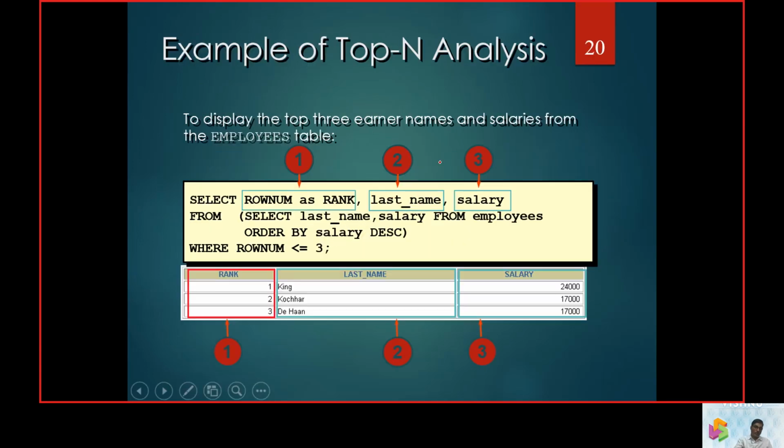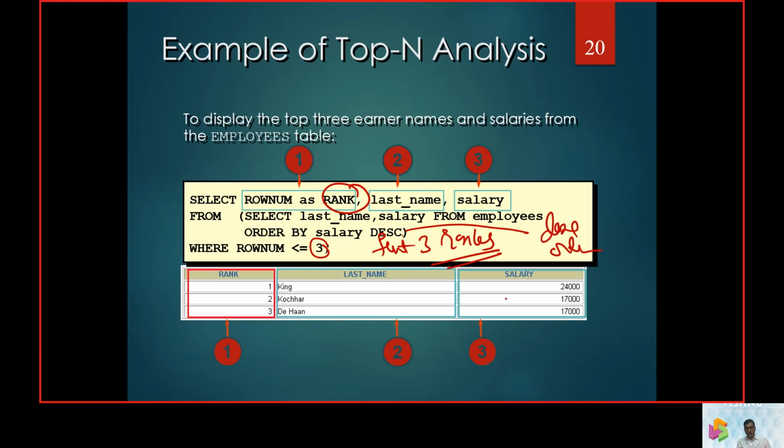The row number is going to display as a rank, that is the first thing. And you want to display the first 3 ranks, and that too in descending order.